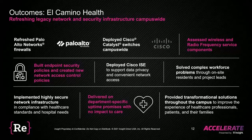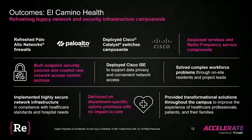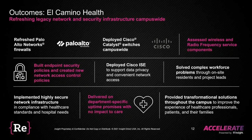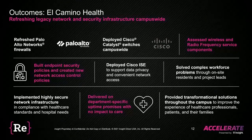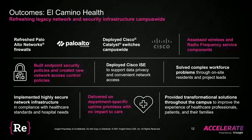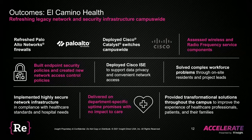We're really excited that we were able to partner with them around helping them mature and grow that edge, which allowed them to provide much more granular visibility and segmentation all the way out to the wired and wireless edge of their environment. And so when we think about this, we talked about two very holistic solutions. This is one where we leveraged assets from both the Cisco portfolio as well as from Palo Alto Networks to bring a really mature overall solution to the table that helped identify assets as they came on board,